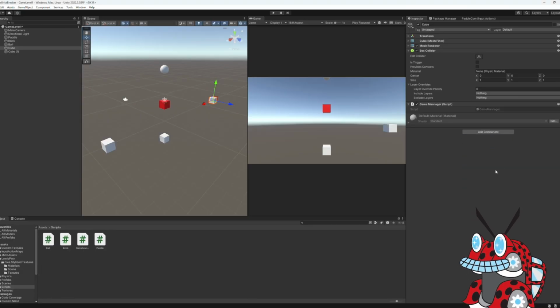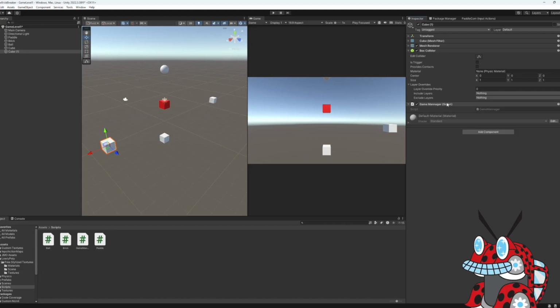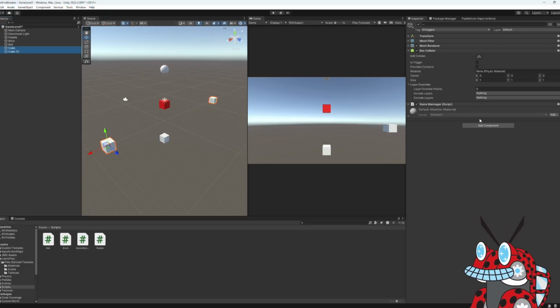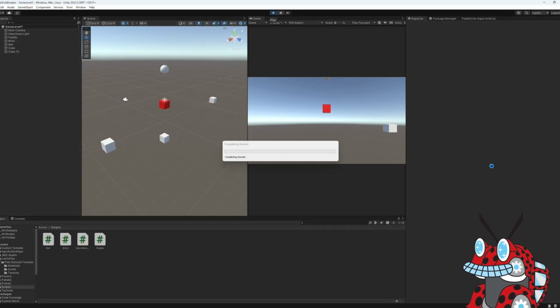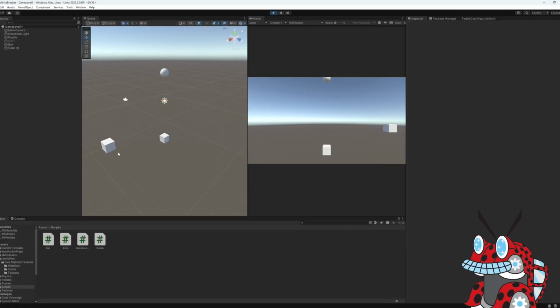I didn't do this quite as easily as I could have, because if they're right next to each other in the hierarchy, you could also just right click and add a component. Anyways, if we hit play,